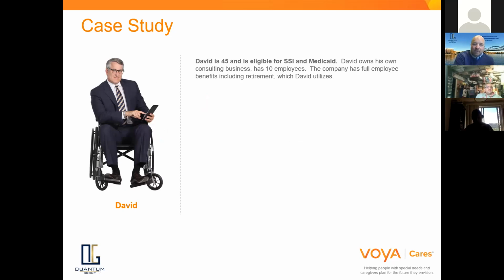David could actually use this. He has a retirement account for the company, which he participates in. That does not let him put the extra 12,000 in, but he could also use this account for himself and have the company put money in, and he's the owner, so he can choose that. Really it's just one more place that David could put money and use for benefits for himself. He could consider it retirement money, but because he's a business owner, it does not exclude him from an ABLE account. And he's eligible to do it based on his age and his disability qualification.